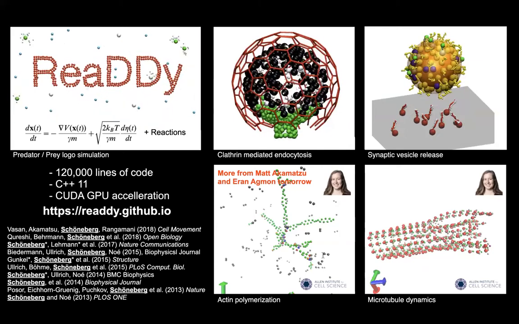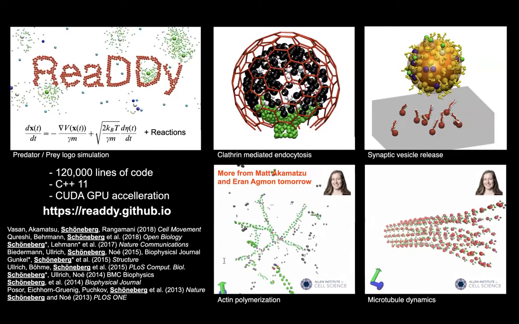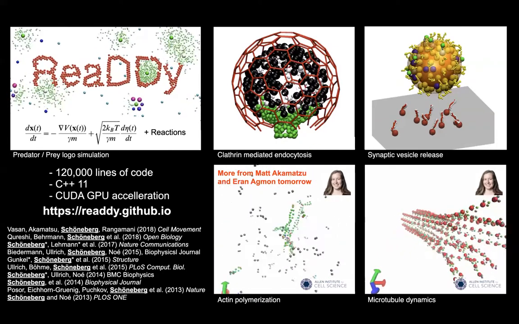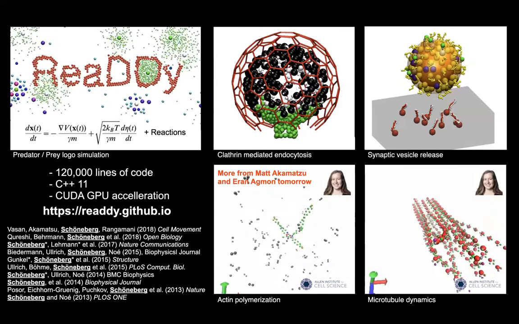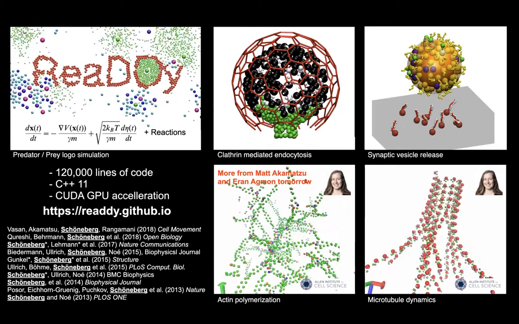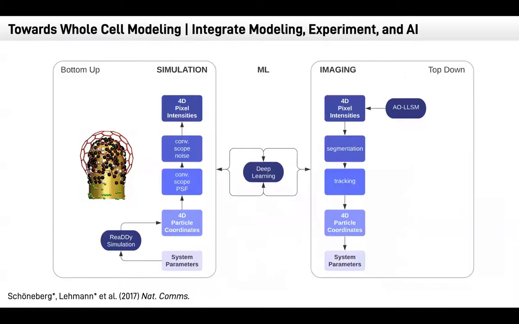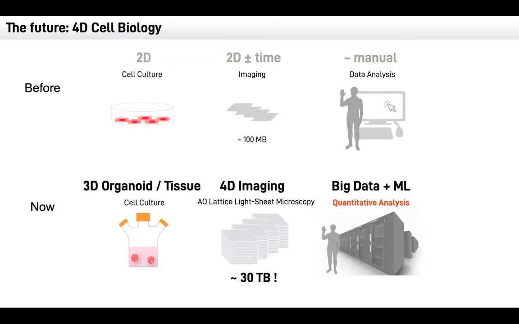And then here, this is with Blair Lyons from the Allen Institute, because it's super exciting. And there's going to be more from Matt and Iran, I think, tomorrow about this, like how you can integrate READY with the Allen Institute for Cell Science visualization tools to do amazing work. So I'm really looking forward to that too. So that's essentially how this is all published. I'm not going to go further into details, but this is how we approach clathrin endocytosis from a modeling perspective. Okay. So then let's go to the imaging perspective, and I'm super excited about this because